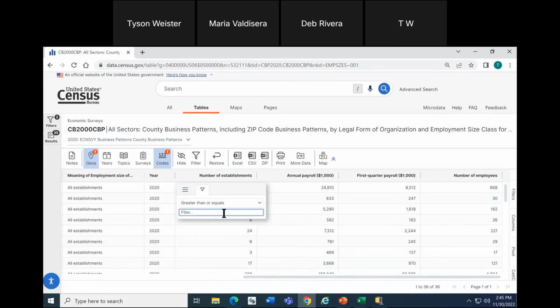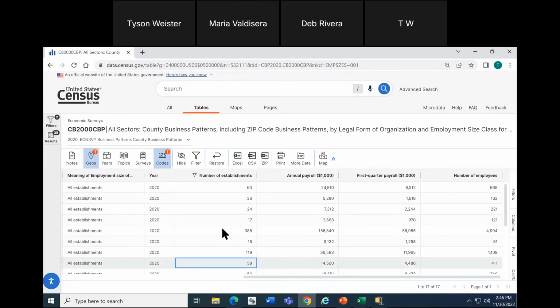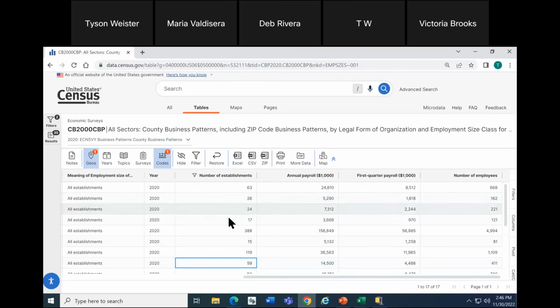And then you can type a value. It can be a text or numerical value depending on what you're looking at. Here I'm going to type 15. And notice as soon as I typed 15, it decreased the rows from 36 to 17. So that one is applying automatically. So what we're looking at are passenger car rental, counties that have 15 or more passenger car rental establishments.